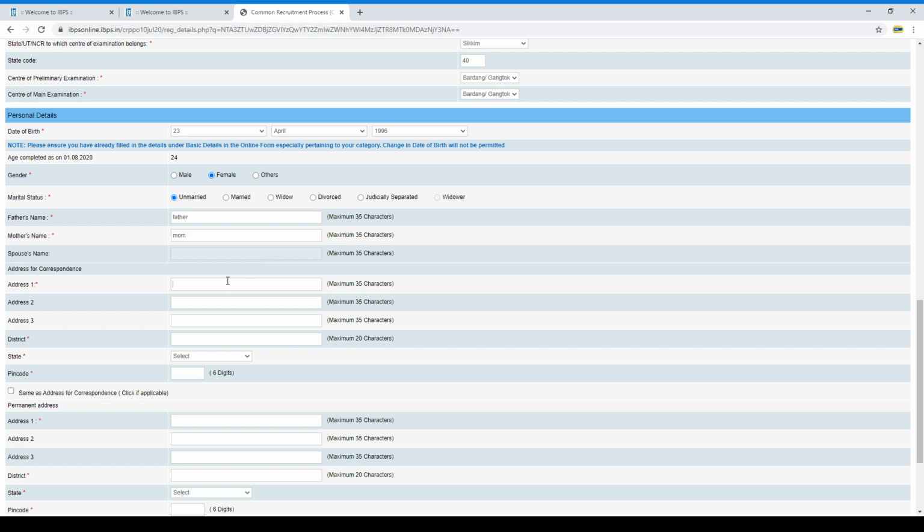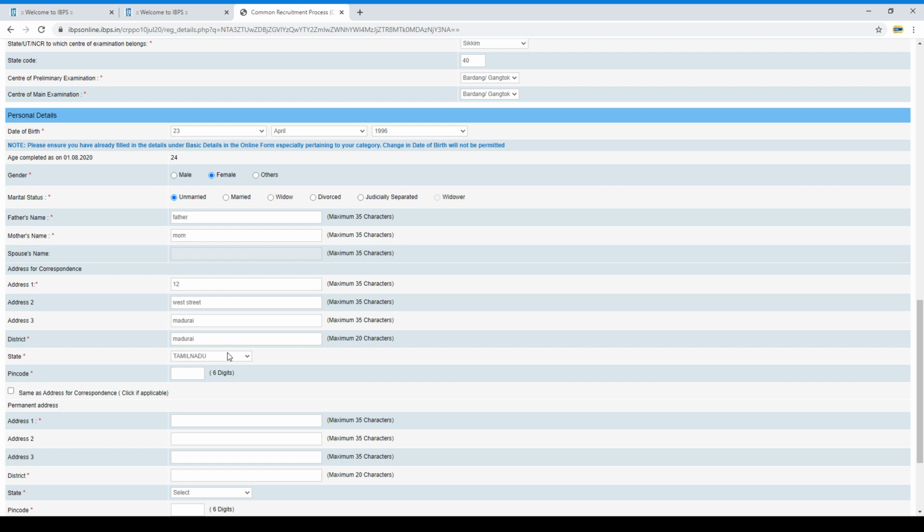So on next, address for communication. In the first column, give your door number, and next you want to give your street name, and next you want to give your main city and your district, and next your state.